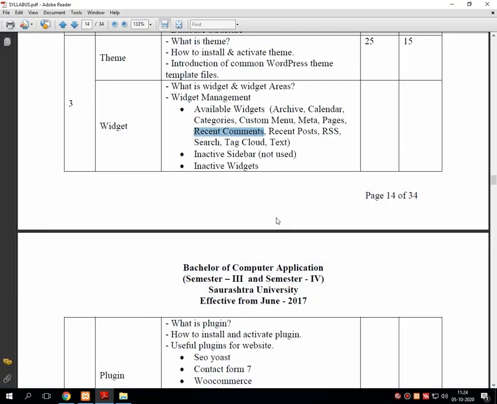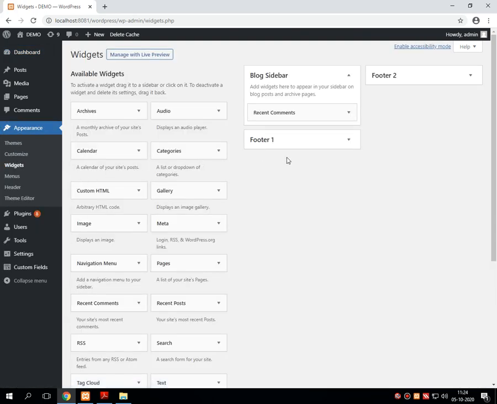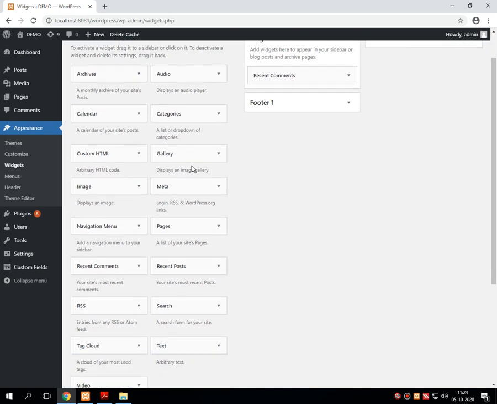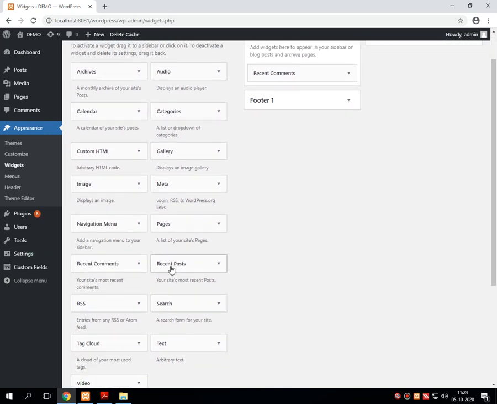Now let's continue with some other widgets which are pre-installed by WordPress when we are installing the software itself. For that, just go into Appearance and Widgets. Into the list of these widgets there is a recent post.